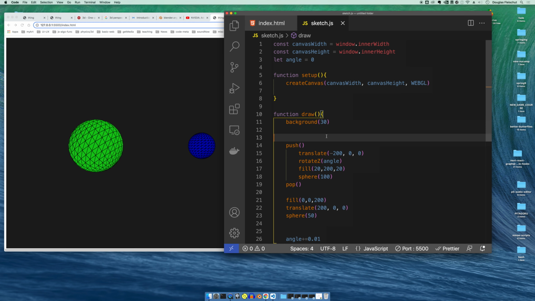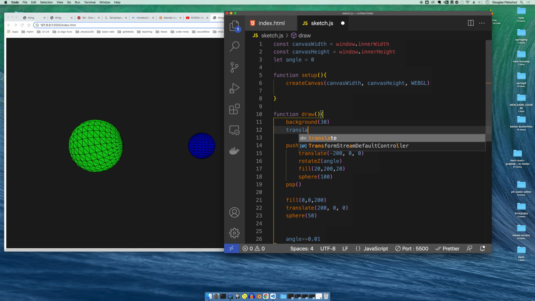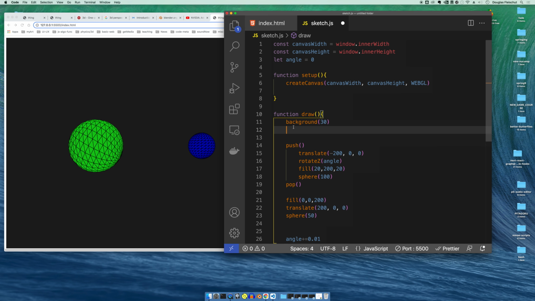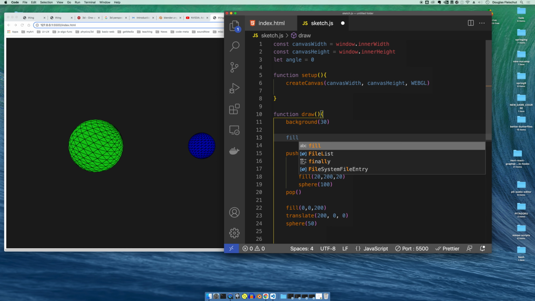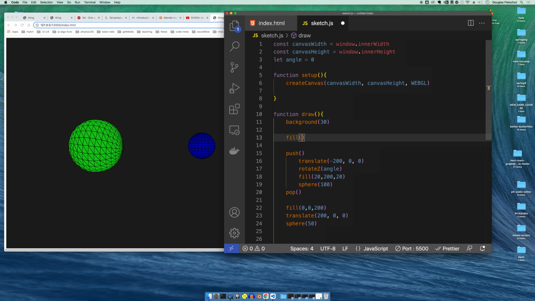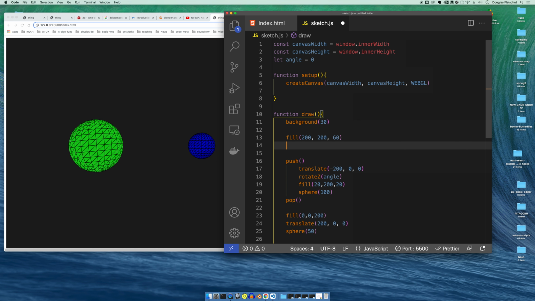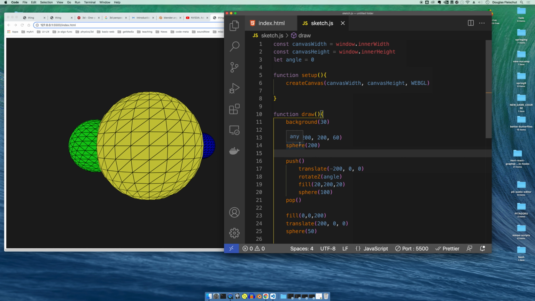So what I'm going to start by doing is just making something that we can call the sun, and I'm gonna make this yellow, and it's gonna be a sphere, and let's just call it 200. So there's our sun,